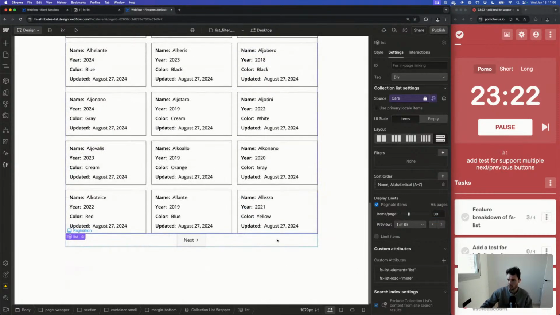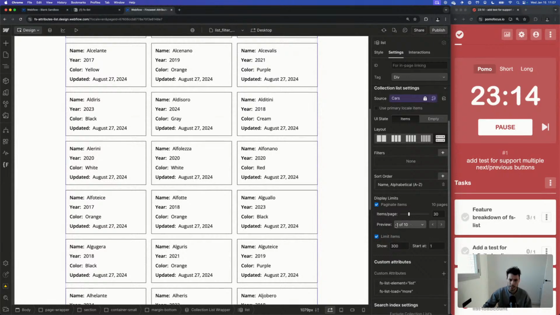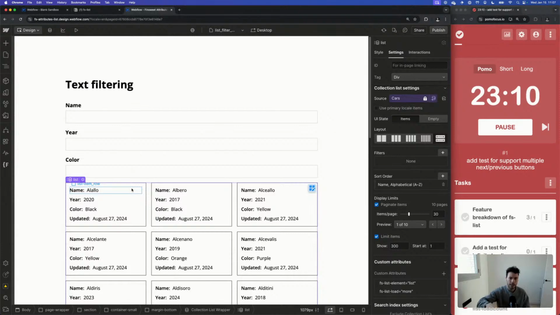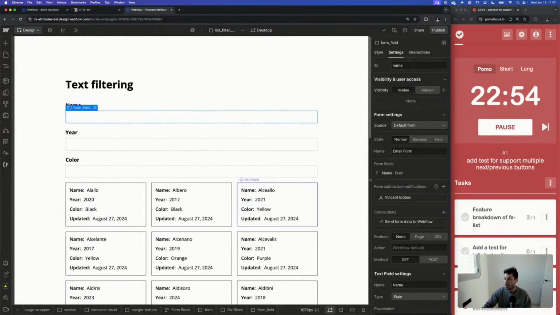Like that, that's a bit more reasonable. And maybe we can limit the items to be 300, like that. So we essentially get 10 pages, and that's gonna help us both test the filtering on a single page, but also when loading more items in the background. Because the idea is that when you apply a filter, but there are items being loaded, that filter will apply not only the items that are currently on the page, but any future item that comes into the list.